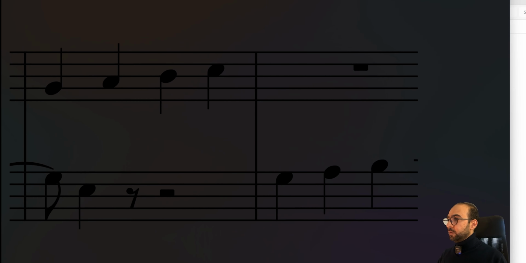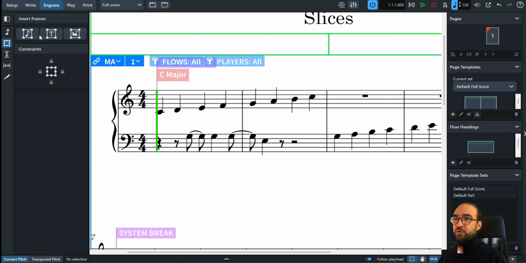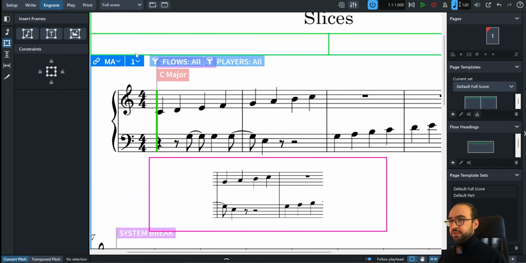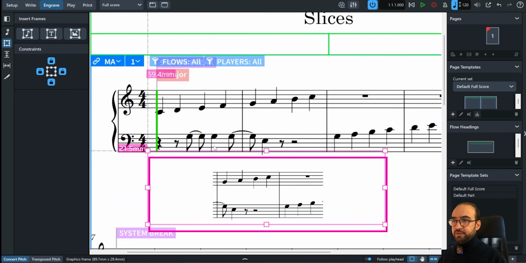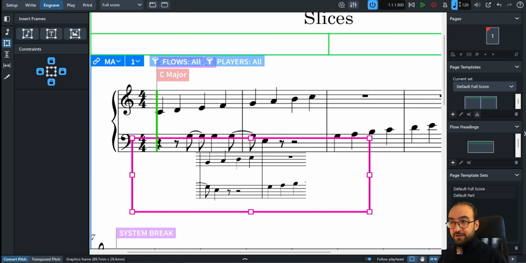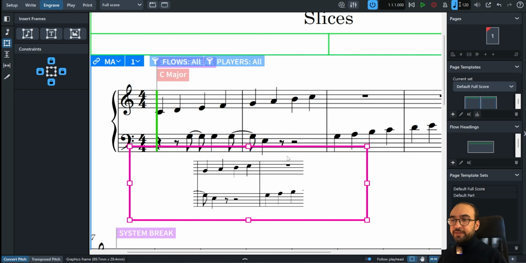And now I'm gonna put it back in the score and see what it looks like. Okay, if I want to put it back in my score, I gotta go back to the frames. As you remember, I told you about the frames. Now I'm gonna make an image frame. I'm gonna make it here. Double click, slice 3, and as you can see, it's added here. Now, the fun thing is that the background is transparent, so you can actually mix it with whatever it is. There is no white in the back,